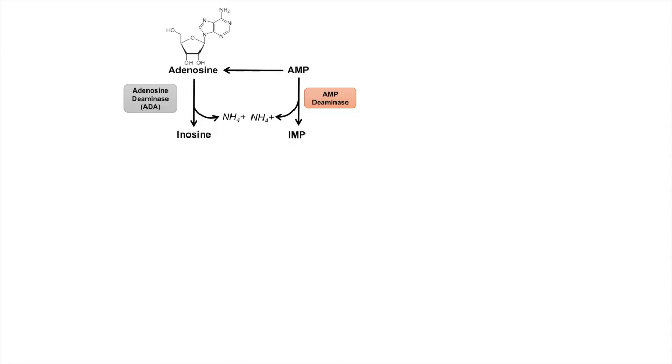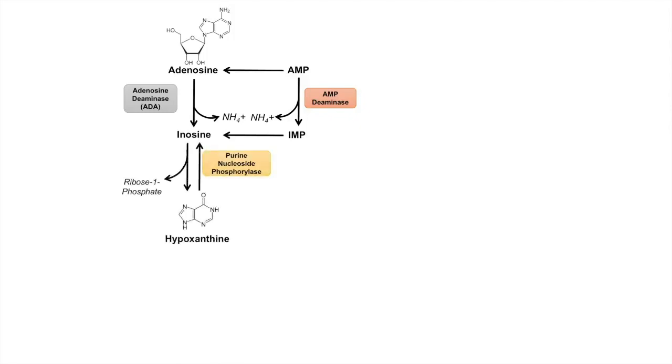So again, we know ammonium, we need to get rid of that, and that's done through the urea cycle. IMP can actually be reprocessed into inosine, and then inosine can undergo another reaction to become hypoxanthine via the enzyme purine nucleoside phosphorylase, and in so doing, it releases a ribose 1-phosphate. So once we get hypoxanthine, hypoxanthine can be salvaged in the purine salvage pathway, or it can be further